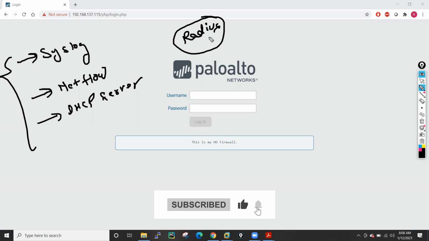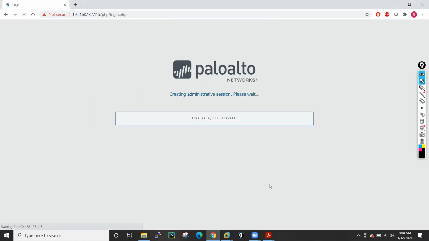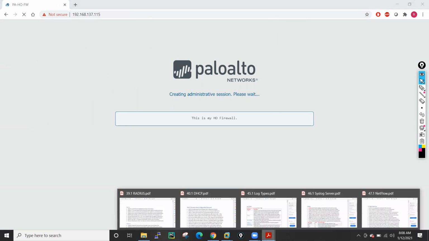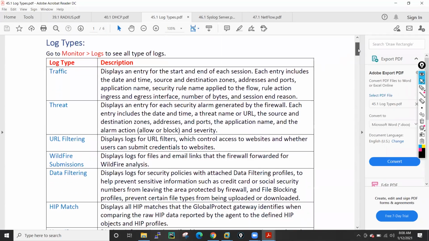So let me directly jump into what kind of logs we have on the firewall. I'll log into my firewall, put in the credentials. And meanwhile, generally on the firewall, we have different kinds of logs, right? We have